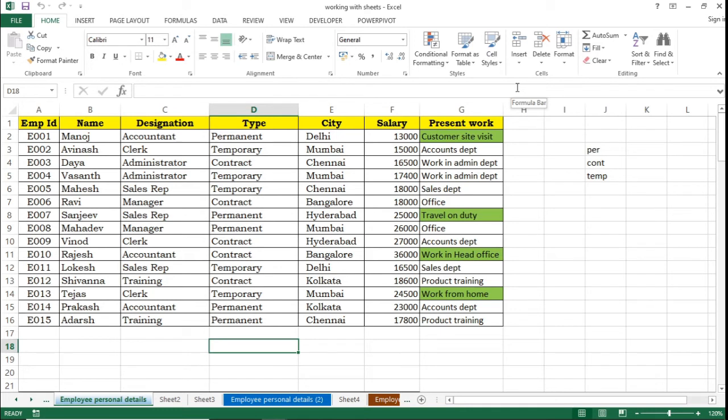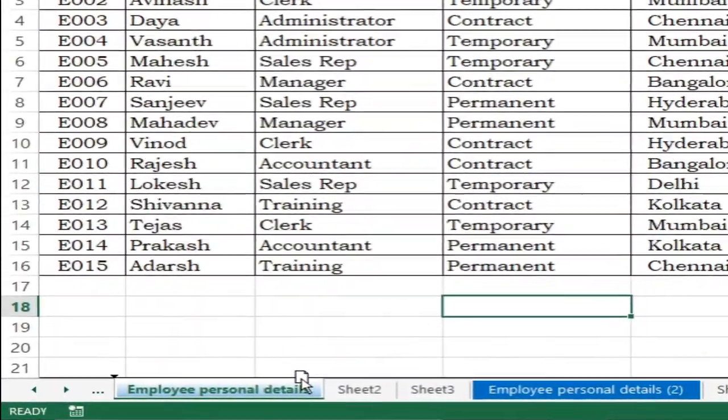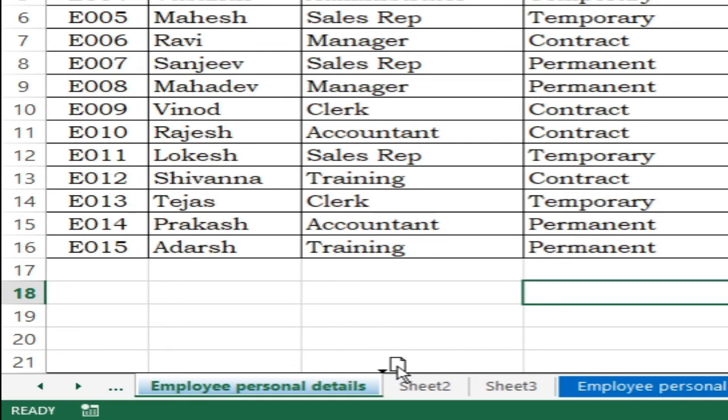Finally, you can also copy a sheet by using control and drag, or you can just use the drag option to move a particular sheet. That means to change the order of the sheet. Now I am just using the mouse pointer, I am dragging this. So, I am reorganizing the sheet.